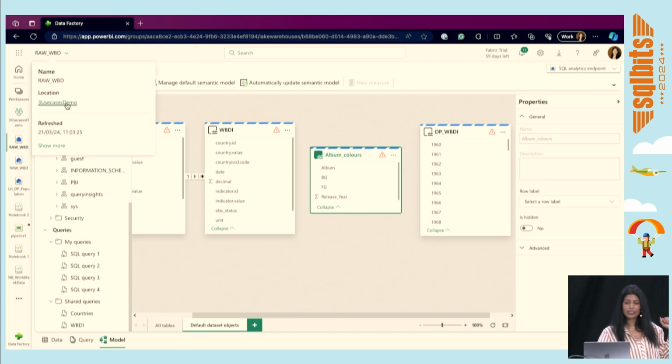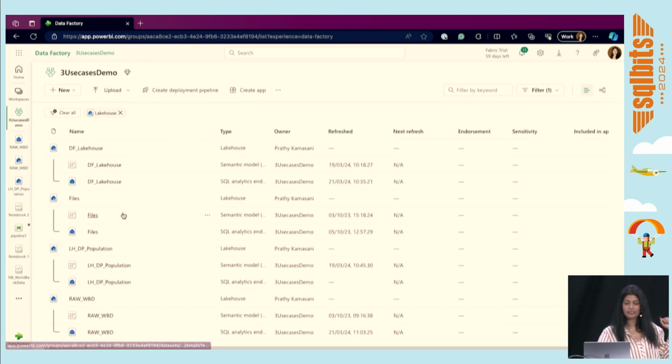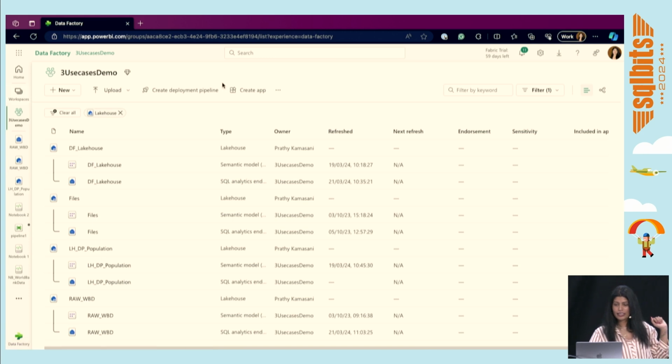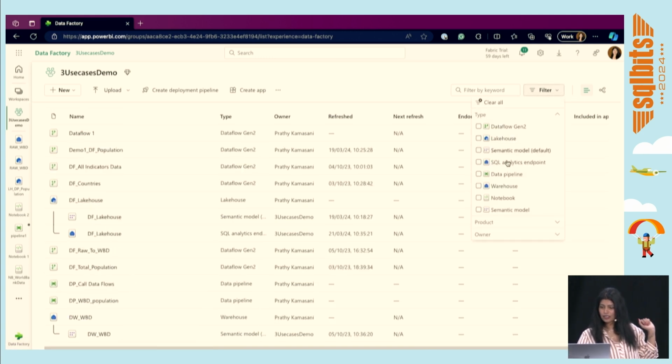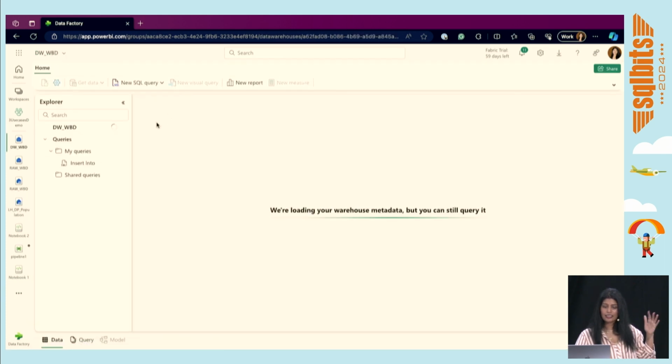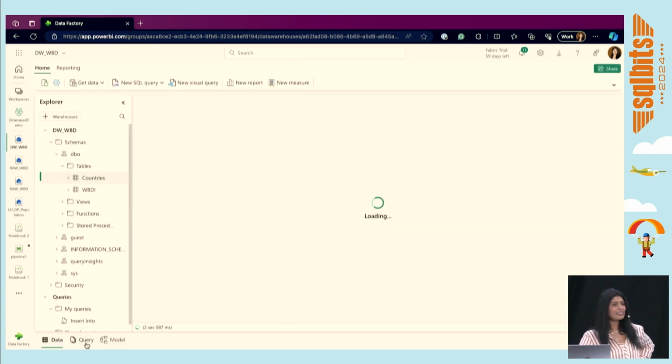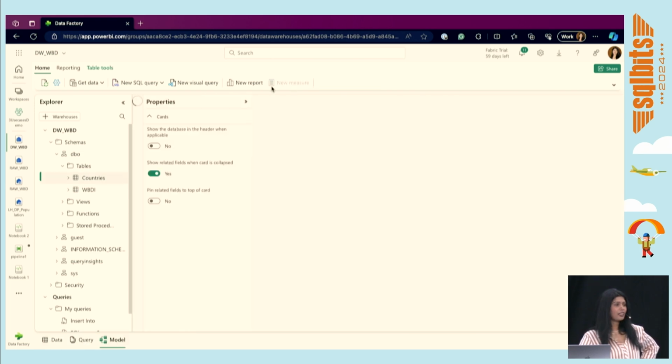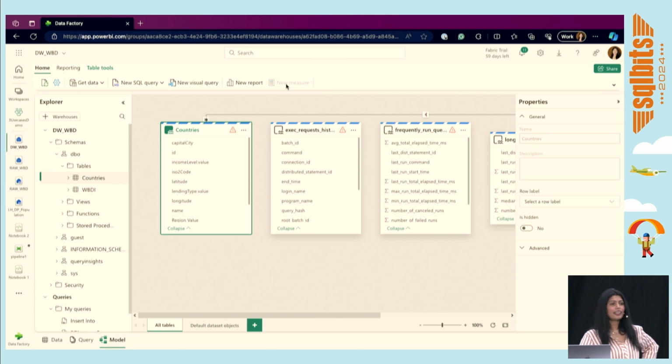The one thing I quickly wanted to show is you also have data warehouse options. So again, let me just filter and show you the warehouse. So this is the warehouse. And the warehouse also has exactly similar functionality, like the query and the model. You could click create a new measure. There is no calculated column, there is only the measure option. So the difference between